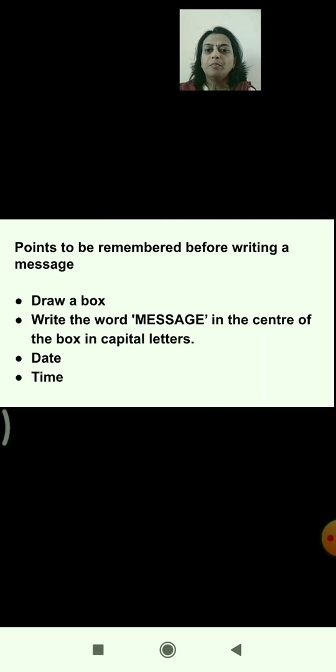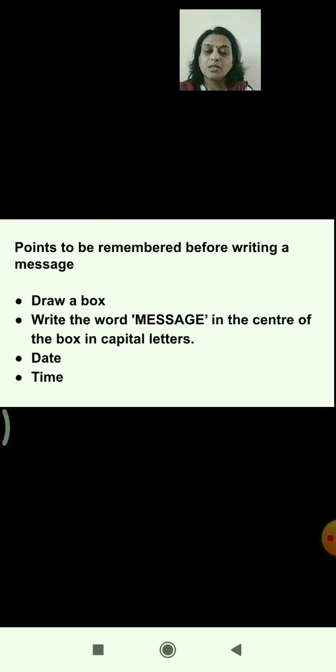Now, before we start, you have to write a message. Before you write, there are some important points which you have to keep in your mind before writing a message. There are a few points, and they are very important. So you have to keep them in mind. Here are a few which I am going to show you. So the points to be remembered before writing a message are, the very first one, you have to draw a